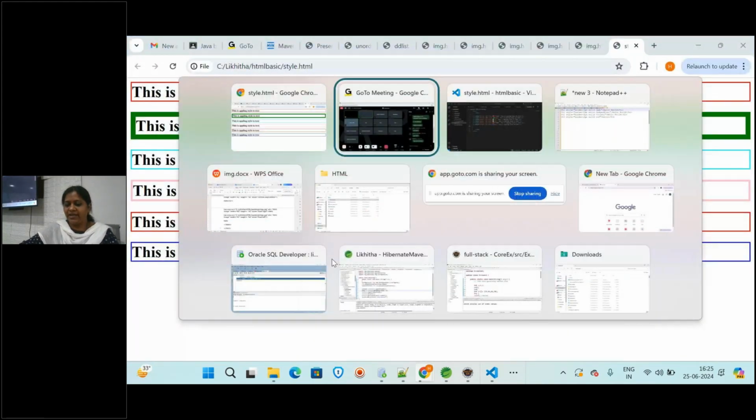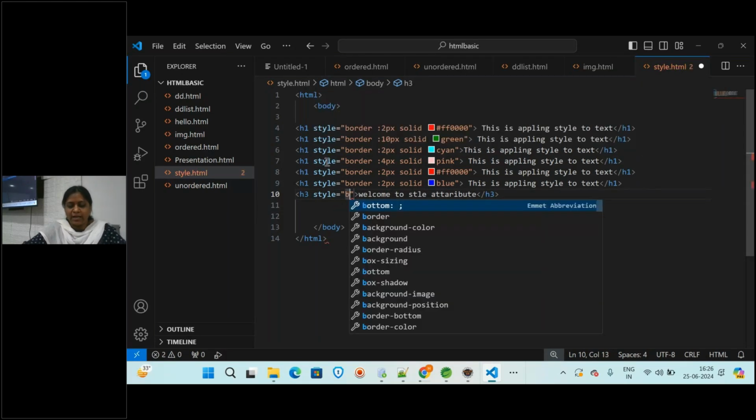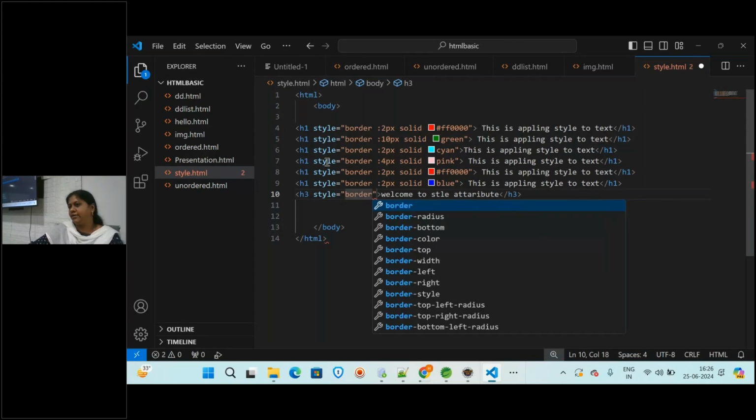Understood? So what we are writing here, you will be writing the h1 or h2, h3, any tag, and in between you will be writing some text here, whatever text, like welcome to style attribute. We are explaining about the style attribute, and here you will be using the style. For any tag you can use this. For image we have used, and here we are using it for the border, when you want the border only on the bottom.